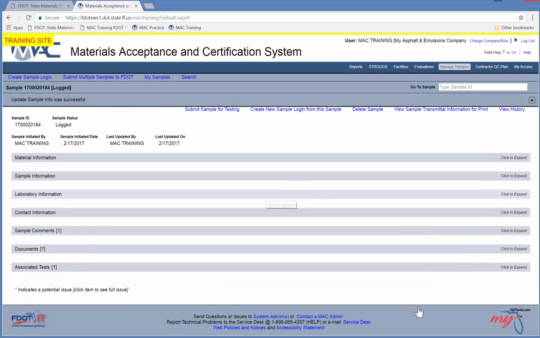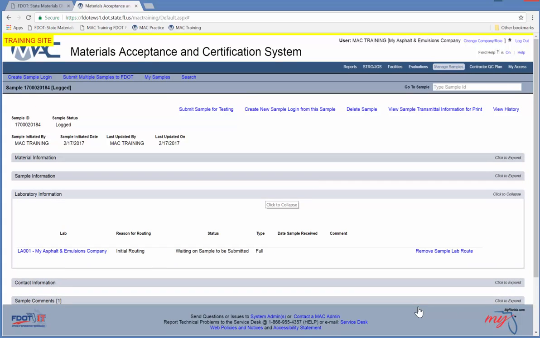Clicking the Laboratory Information tab displays the selected testing lab and the status of the sample. The lab status is waiting on sample to be submitted. The sample will remain in this status until the Submit Sample for Testing link is selected to initiate the sample lab testing lifecycle. If an incorrect lab was chosen, you can click Remove Sample Lab Route and select a new